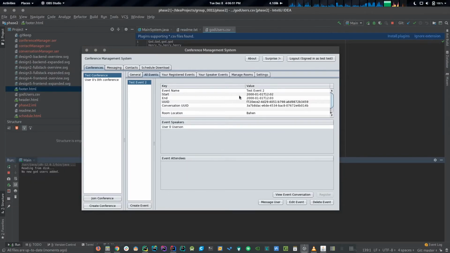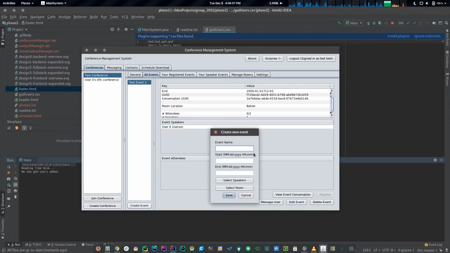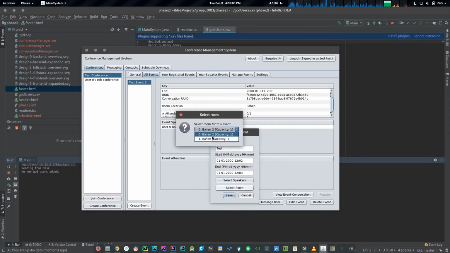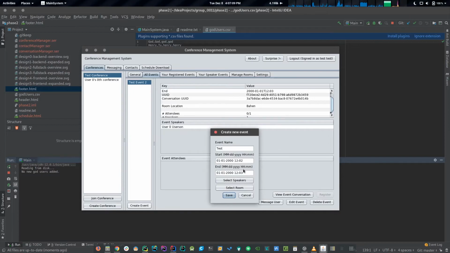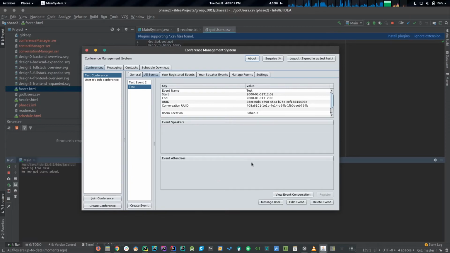Another feature we have is that we enforce the rule that each room must be allocated to only 1 event at a given time. So if we try to create another event here that overlaps in time and is also in the same room, it will not let us do that. So we'll choose Bayan here, and it prevents us from doing this. The solution to this is you can either change the time range or change the room. So in this case, we can change the room, and if we switch to Bayan 2, it lets us book